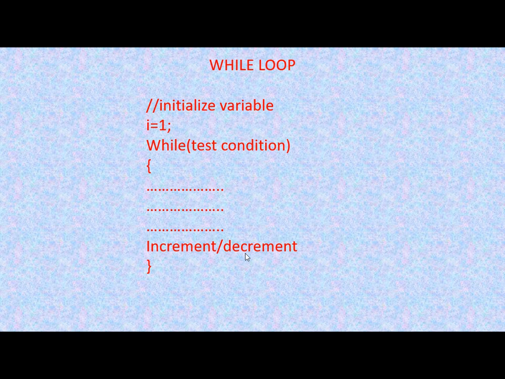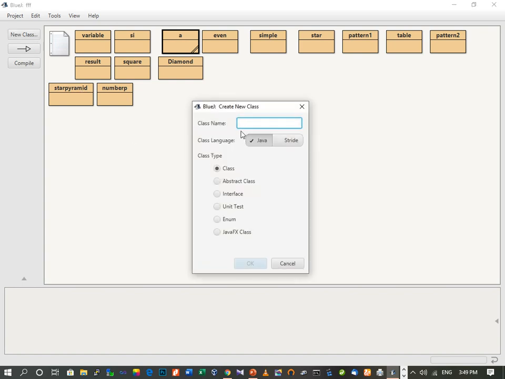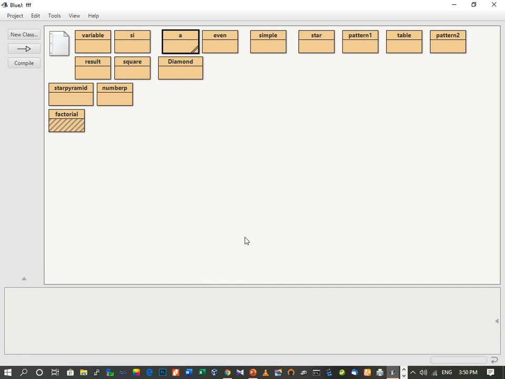So we will learn how to implement this while loop using a program. Here we will write a program in Java to find the factorial of a number using while loop. So we create a new class, let it be factorial. Any name you can put over here.